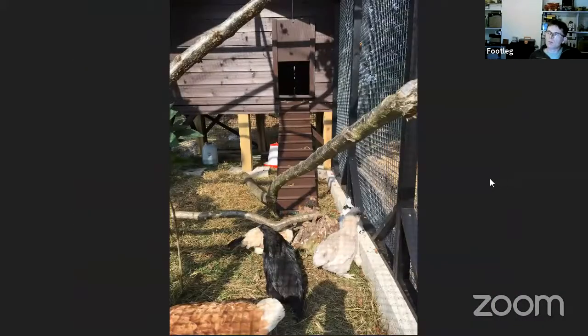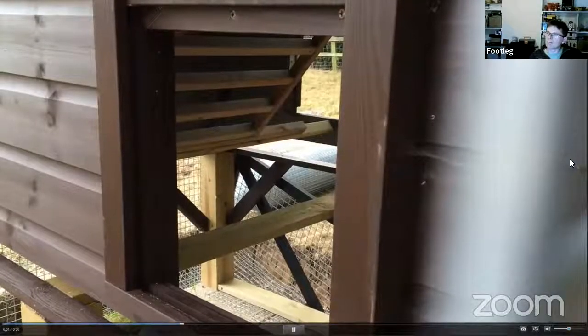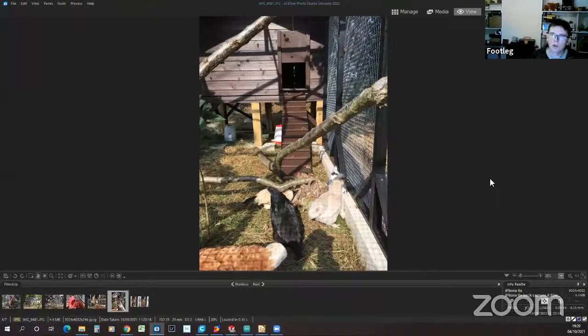So you can see the ramp there up into the shed part of their home. And we've got a vertically sliding door. You can see, hopefully it's attached by a piece of string and basically operates like this. So a little bit guillotine-like, and clearly we don't want to destroy the chickens. So I thought what we want is a way of opening and closing the chicken shed door without having to go up to the chicken shed, because